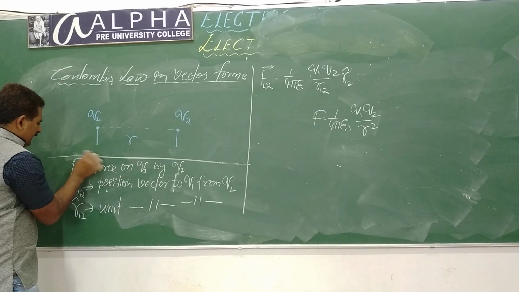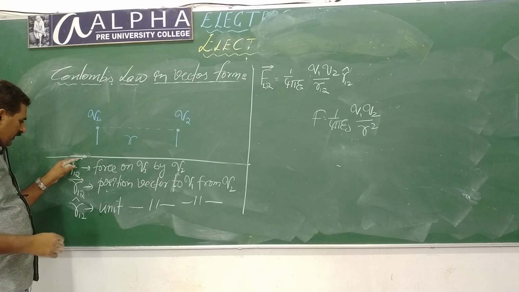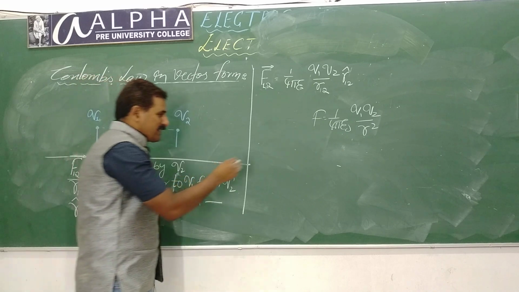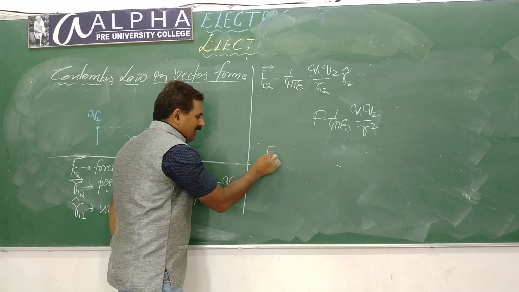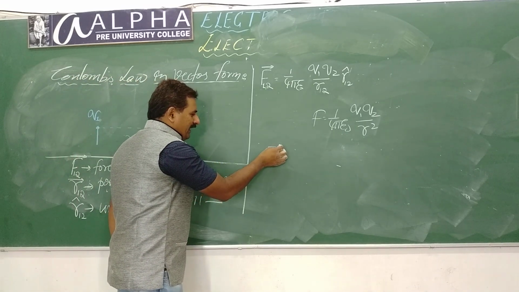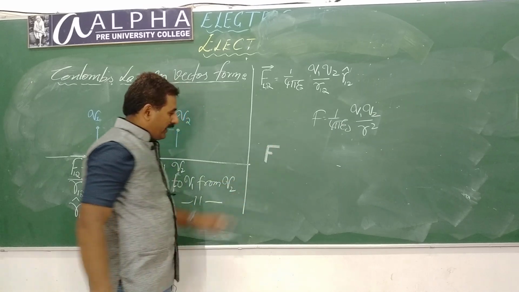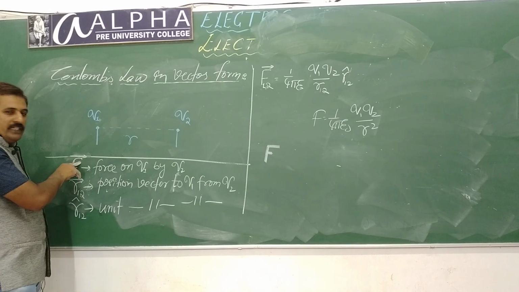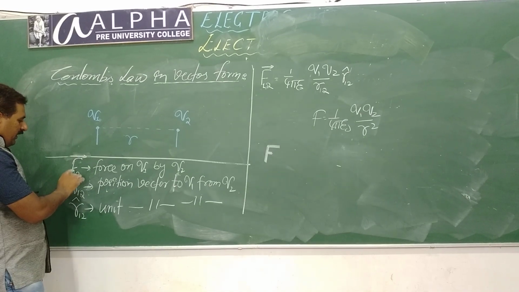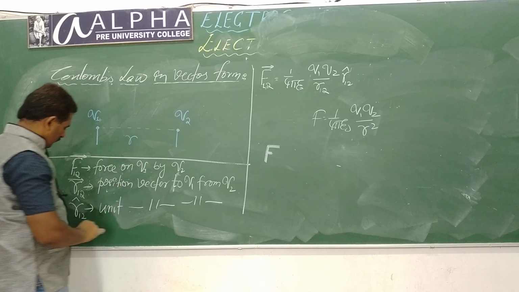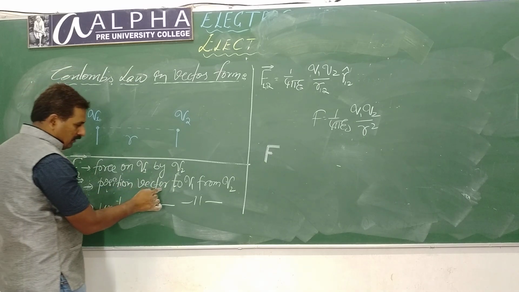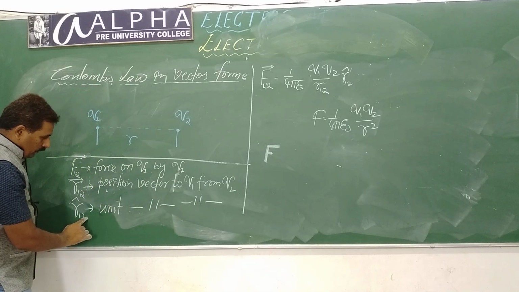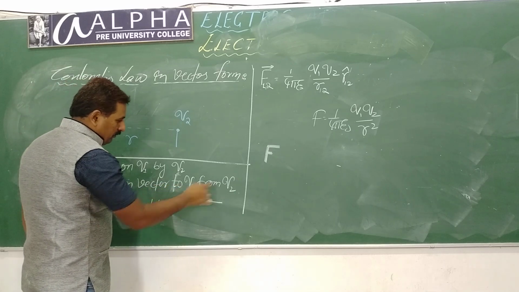For force as a vector quantity, you have to write an arrow over this. In your NCERT book, they have used bold-faced letters. Bold-faced means they have written F sometimes like this. This is just F. If I write like this, this is vector F, bold letter. They do not use this arrow. Let us use the arrow. We can write now easily. So F12 is force on Q1 by Q2, R12 is the position vector to Q1 from Q2, and R12 cap is the unit vector to Q1 from Q2.